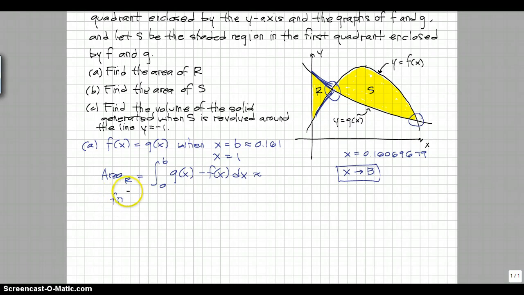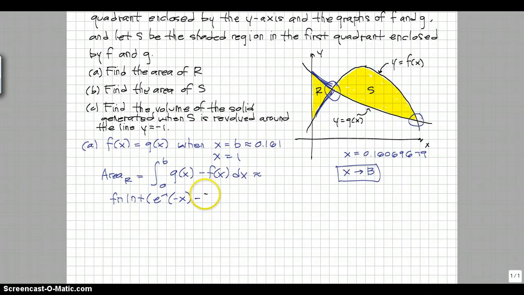It's going to say FNINT for definite integral, and then I'm going to put in my g of x function first, so that's going to be e to the negative x,